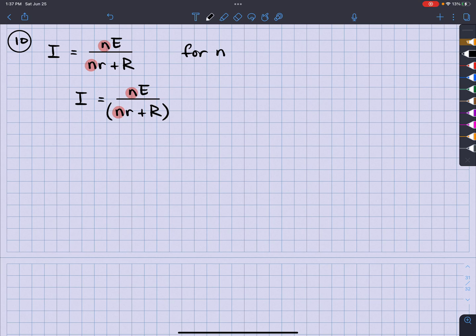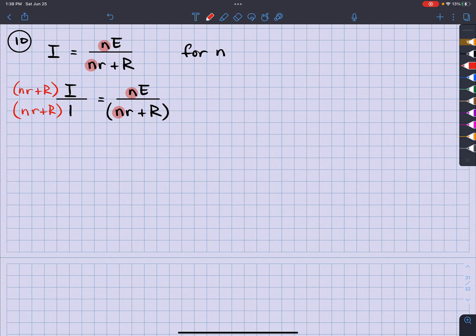put in parentheses. Number two, in order for me to get rid of the fraction in an equation, I have to get every single term to have the same exact denominator, right? So I'm going to write this I as a fraction by putting it over 1. So what is the 1 missing? Well, the 1 is missing this nr plus r. So I got to do that to top and bottom,